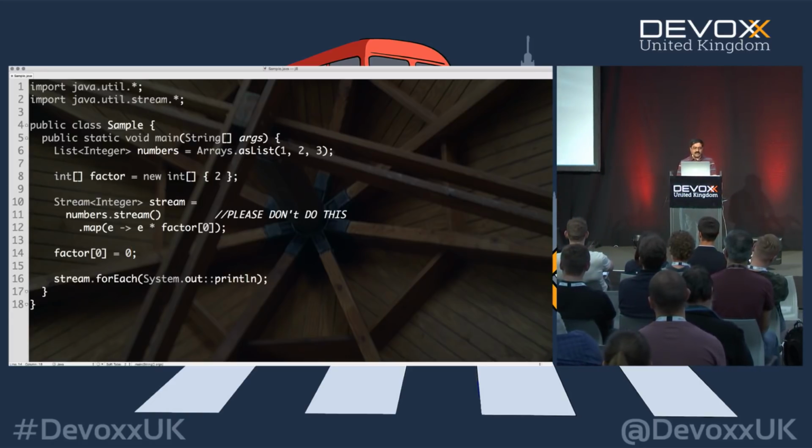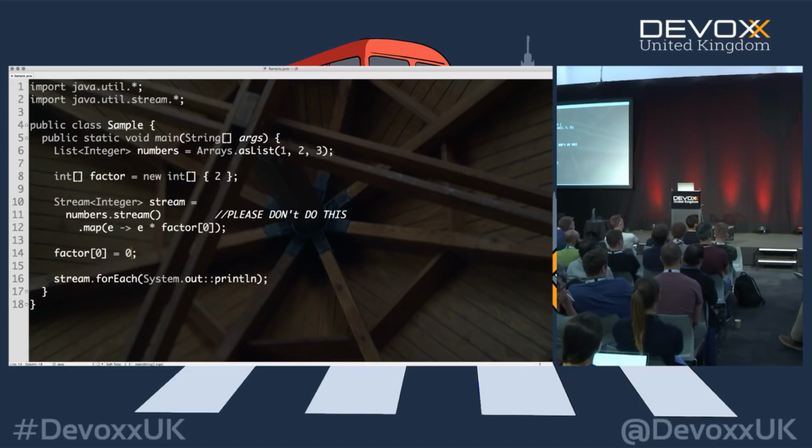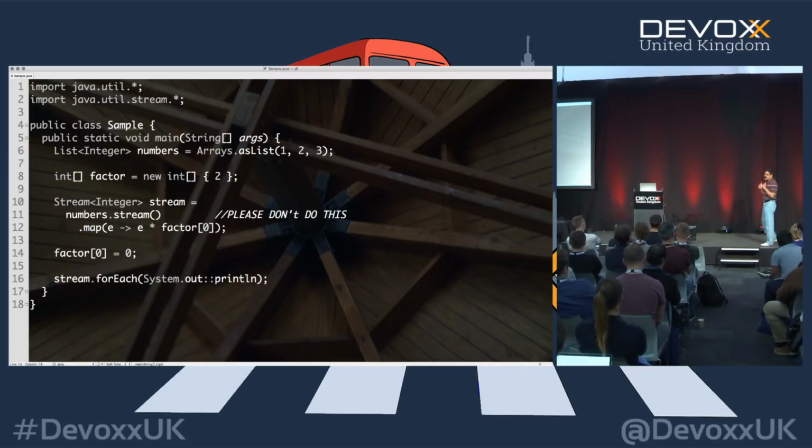Why? Because when you run the code, how many of you think the result is going to be 2, 4, and 6? A few of us. Who thinks it's going to be all zeros? A few of us. Honestly, who thinks I have no clue? Absolutely, that's the whole point. I use this question as an interview question. I pose this question and ask the developer, what's the answer? The minute they try to answer, I tell them you're fired. Because the right answer is, are you all stupid to write code like this? You're hired. Because I want people to write production code, I don't want Java puzzlers on my project.